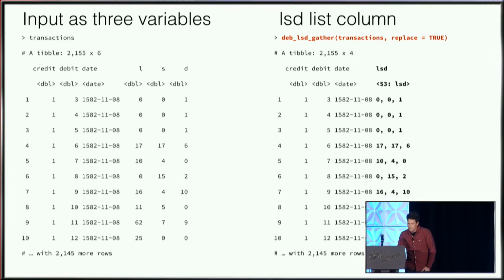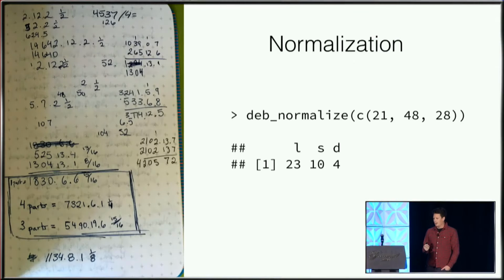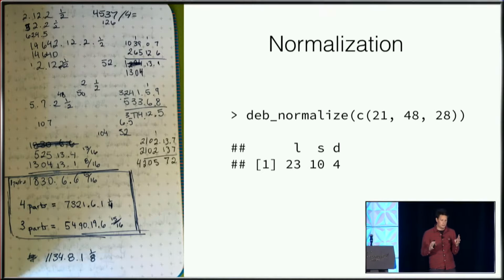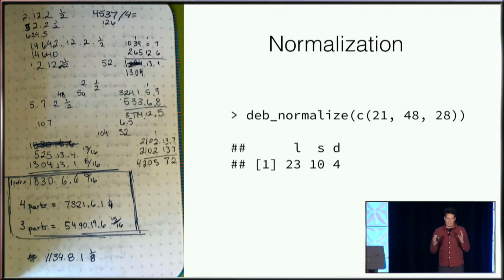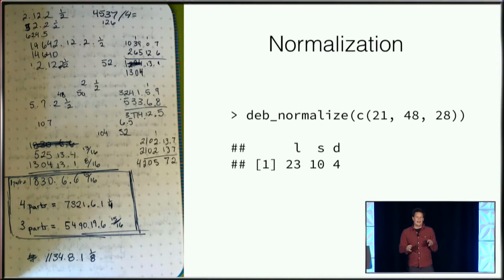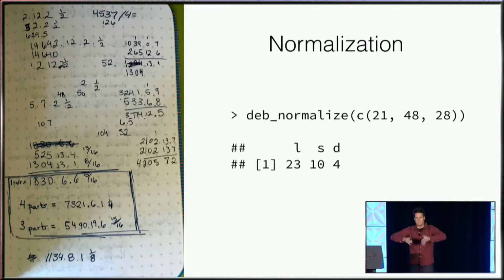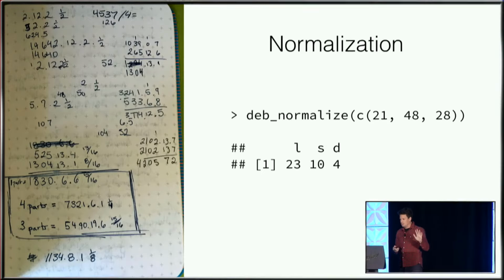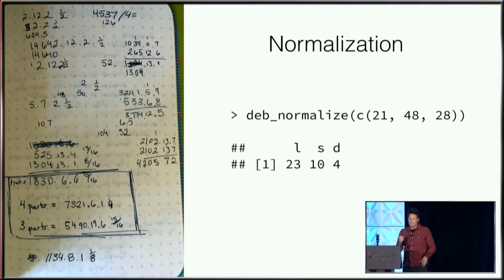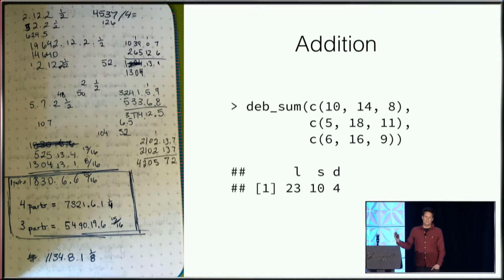So the coolest thing that I first started off with, and you might not think this is cool, but it was really cool to me, one might say magical, was that I could normalize the values. So I could add up pounds, add up shillings, add up pence, and then get what that value actually is. And when I got this to work, and it's just pretty much arithmetic behind the scenes, it really was nice. Or you can add these together within a function call.